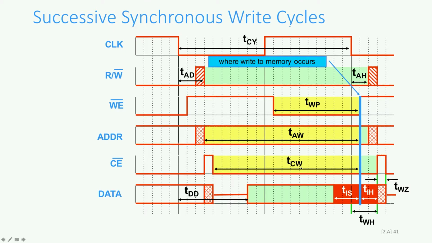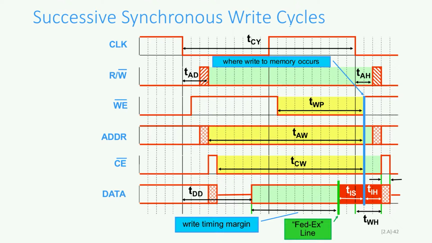Now, writes usually aren't on the critical path because reads actually take longer, because you have to go to the SRAM and get the data and then wait for the SRAM to put that data on the bus. Another thing to note here is, these timing parameters on the output enable, the address, and the chip enable determined when the data got placed on the data bus when you were doing a read. But when you're doing a write, the only thing that determines when the data becomes valid is this TDD value. So they're a little bit simpler to look at